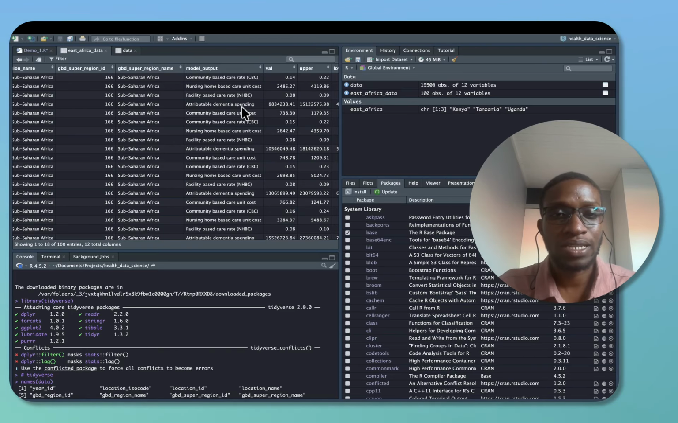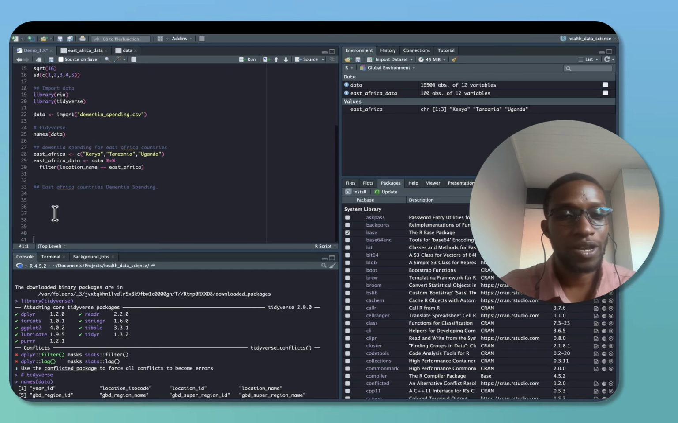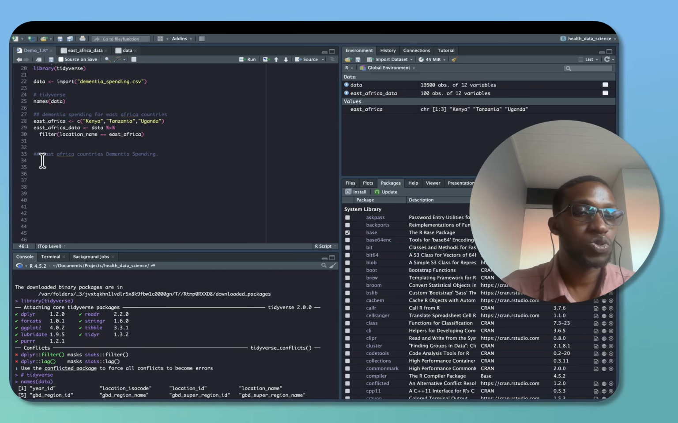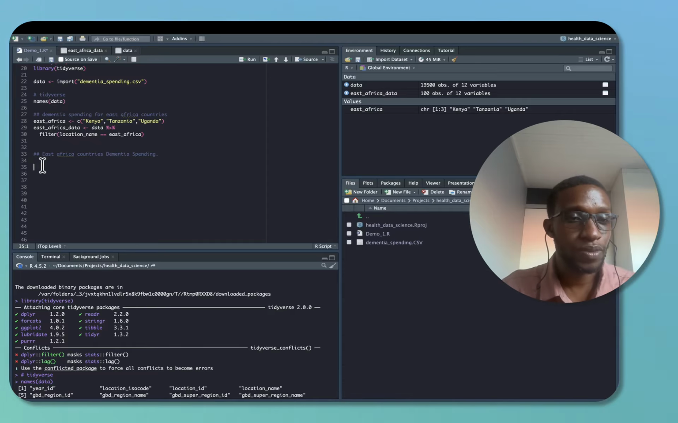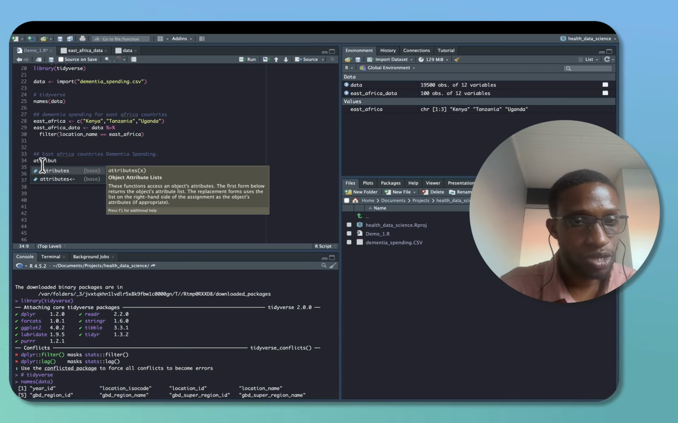We want to look at the attributable dementia spending among East African countries and see how the trend changes over time. Great. So we had loaded our data, and then we had gone down to choose East African countries, and now this is the hypothesis or the objective of this study, and we want to look into it and see how to go about it more. All right, so once we have our East African countries and we want to look at the attributable dementia spending,